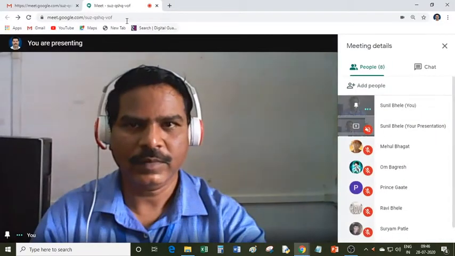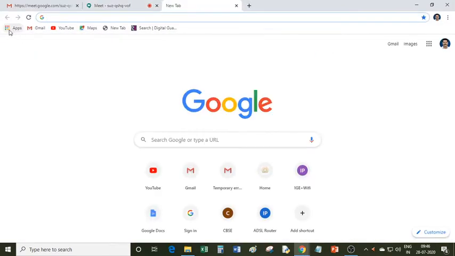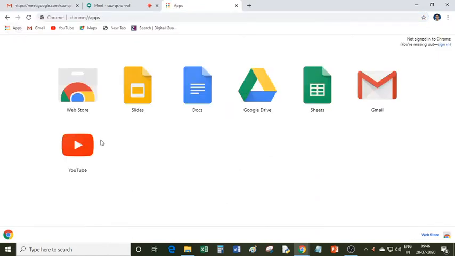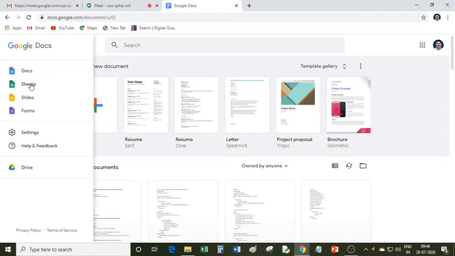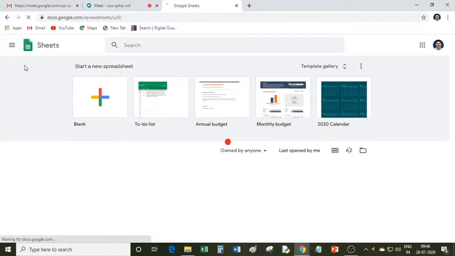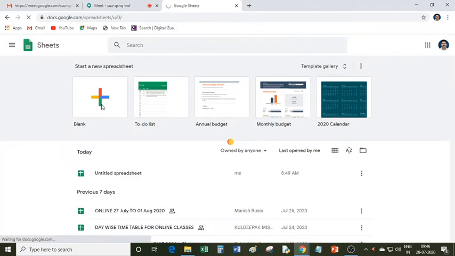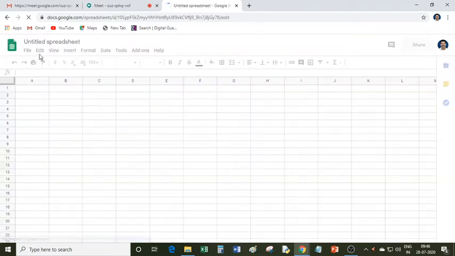So you know that Google contains Google Docs. And you can create sheet from this Google Doc, which is available on the internet.